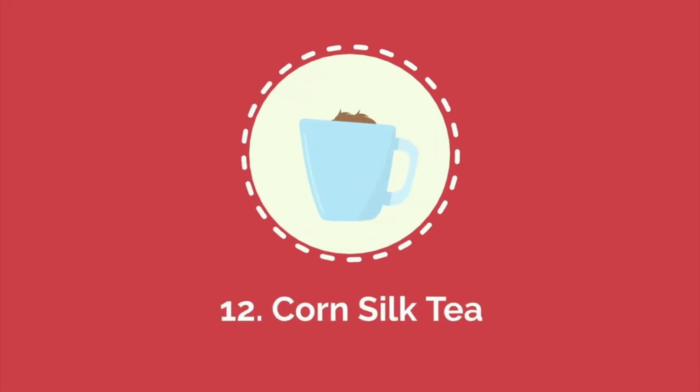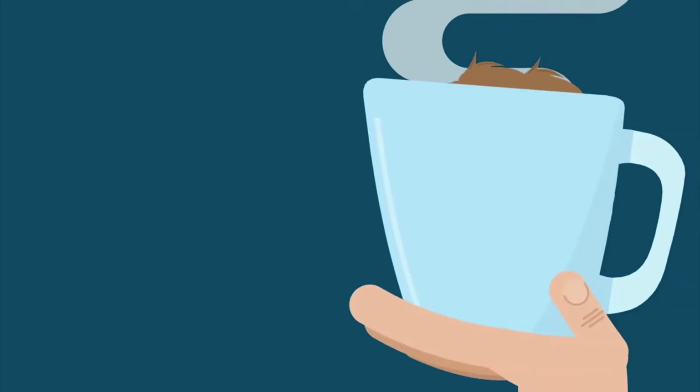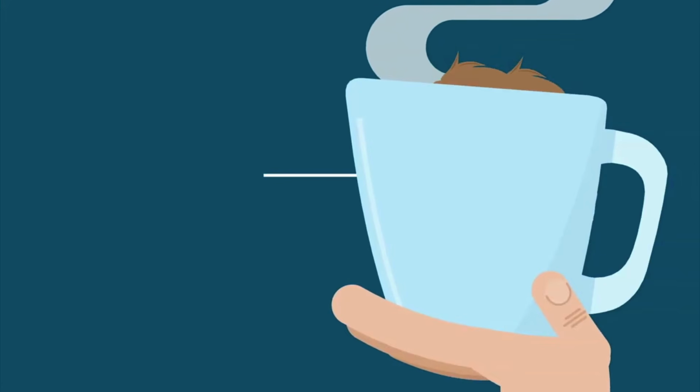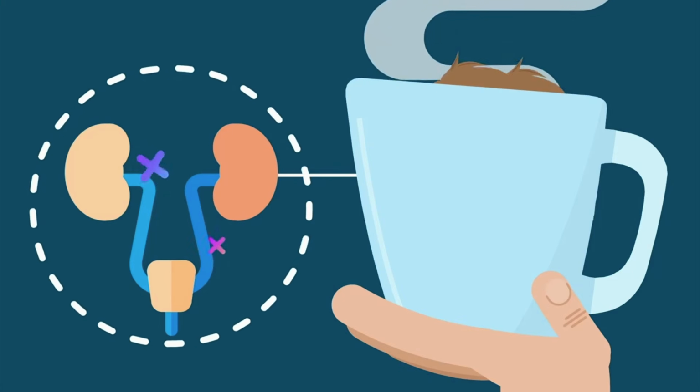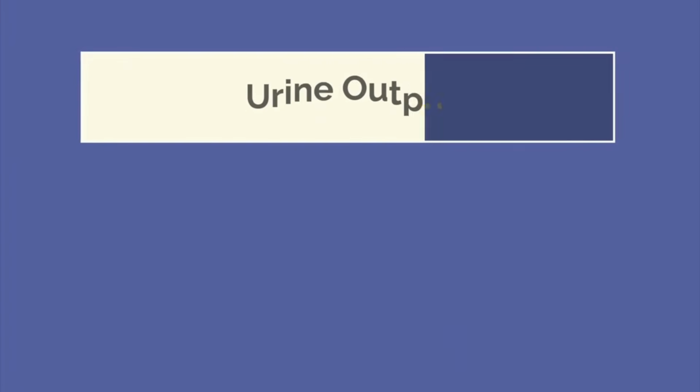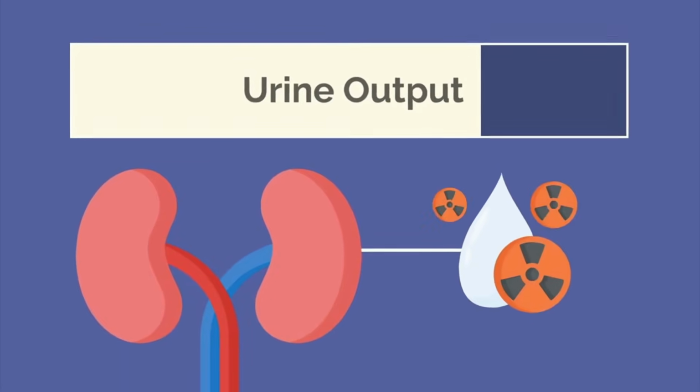Number 12. Corn Silk Tea. Corn silk tea is a traditional remedy used to support kidney and urinary tract health. It acts as a natural diuretic, helping to increase urine output and assist the kidneys in eliminating waste and excess